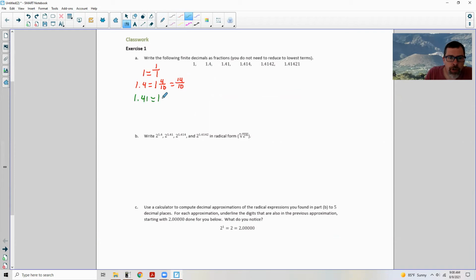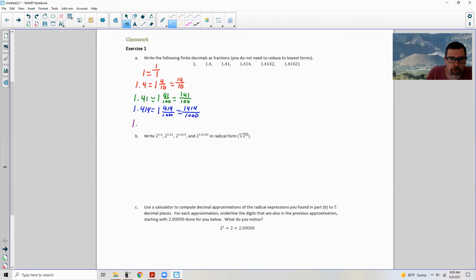1.41 is 1 and 41 hundredths. 100 times 1 is 100 plus 41 is 141 over 100. 1.414 is 1 and 414 thousandths: tenth, hundredth, thousandth. That simplifies to 1,000 times 1 plus 414, which is 1,414 divided by 1,000. All right, continuing on,